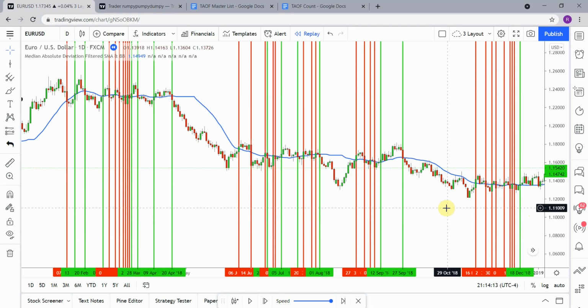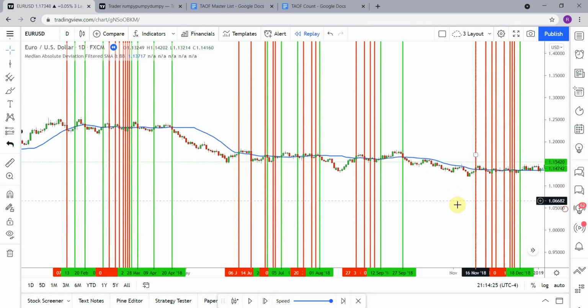So we have 42 trades altogether, and we have 14 winning trades. So that is not going to meet the 60% criteria, and this indicator fell victim to the same issue that